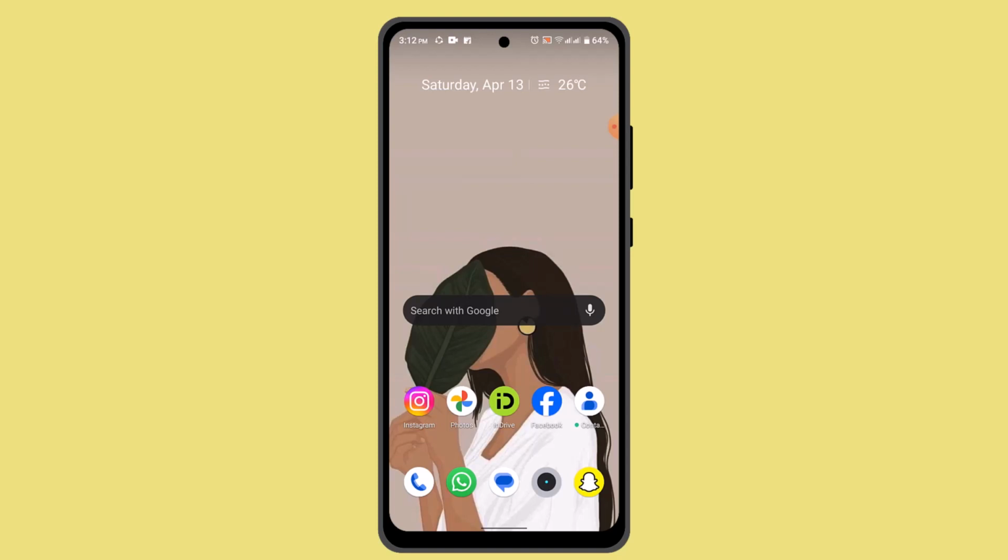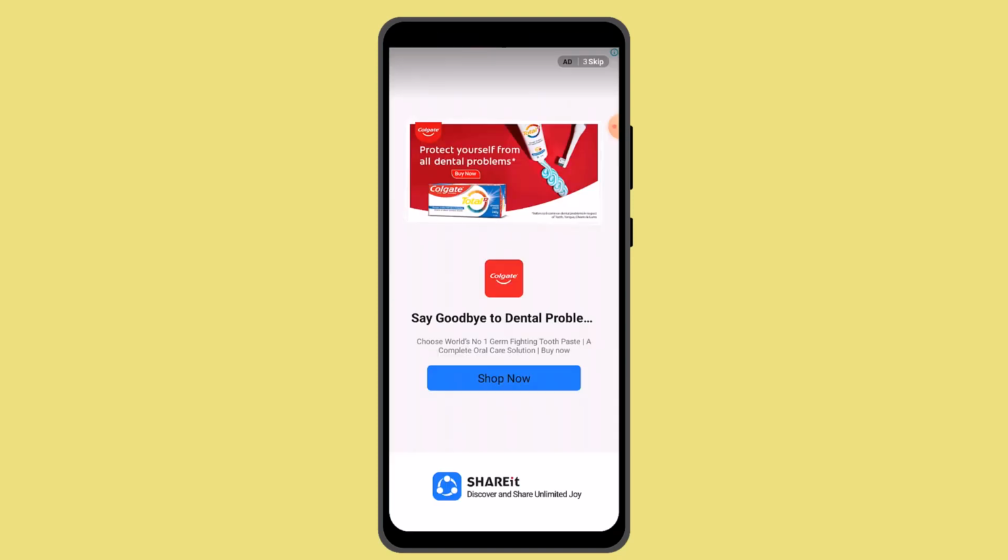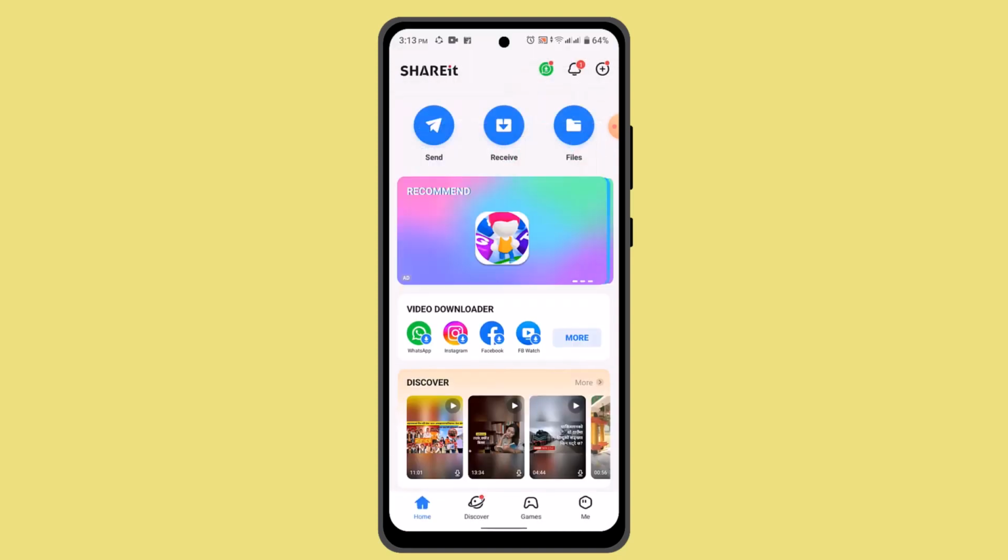Now Shareit uses Wi-Fi Direct technology to establish a connection between devices, allowing for fast and efficient file transfer between multiple devices without the need for an internet connection. This feature is particularly useful for sharing photos, videos, documents, and other files with multiple recipients at the same time. For that, you have to make sure that all of the receiving devices have already installed the